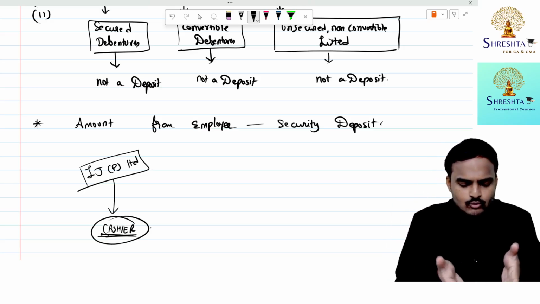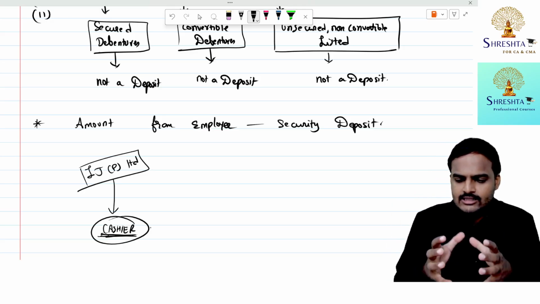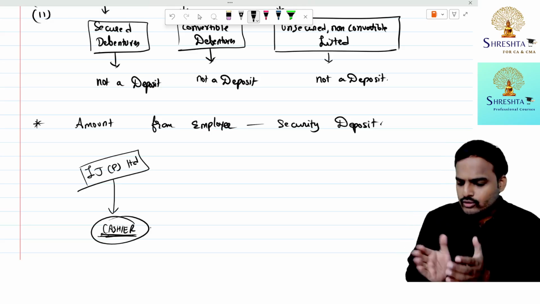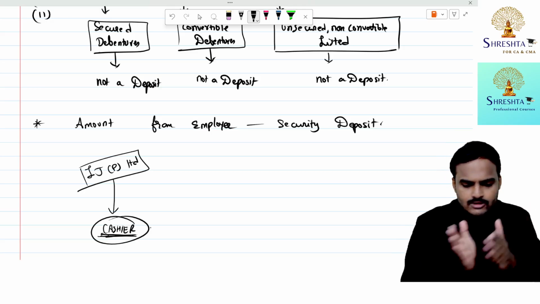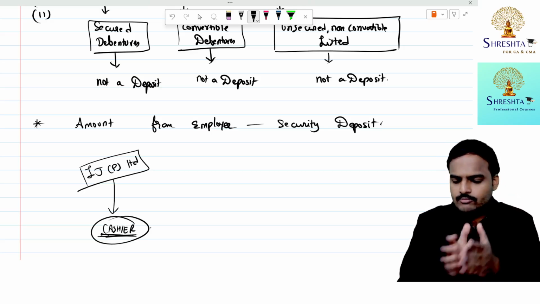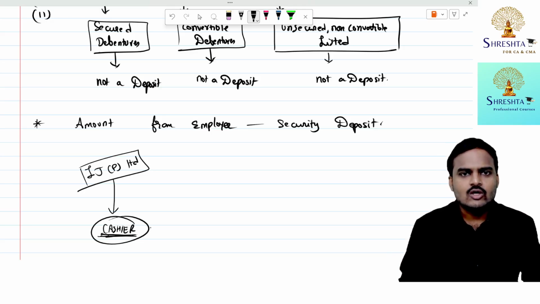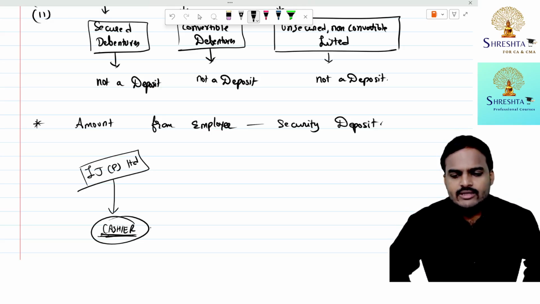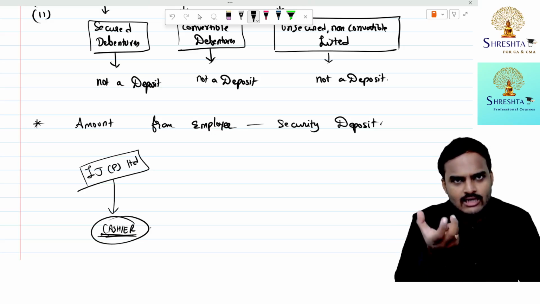Suppose a person appointed as a cashier has some needs, and definitely for that money is required. Looking at the cash needs, he may abscond with the cash. Now it will be lost to whom? Company only. Yes or no? Come on, my dear students, respond. It will be lost to whom? Company only.